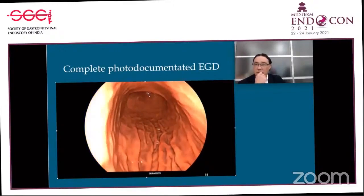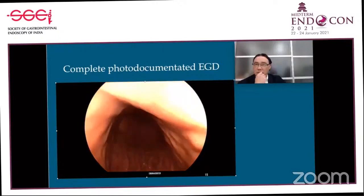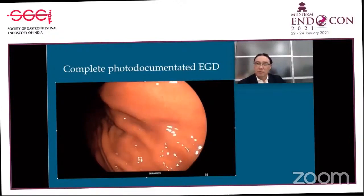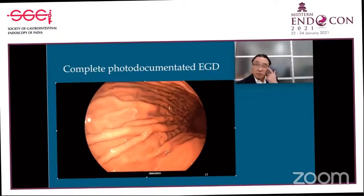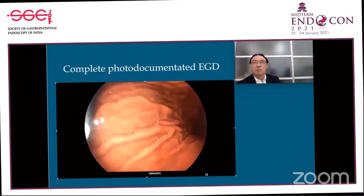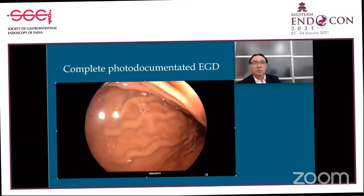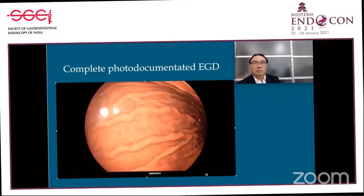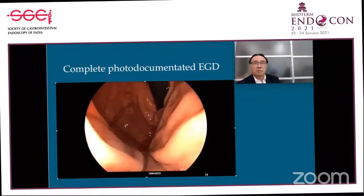Then, the anterior wall of the middle gastric body, area 15, the lesser curvature, area number 16, the posterior wall, area 17, and the greater curvature where the gastric folds are captured horizontally, area 18. The greater curvature of the upper third, area 19, and here the exam continues in retroflexion view, capturing the anterior